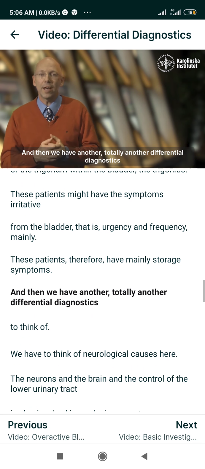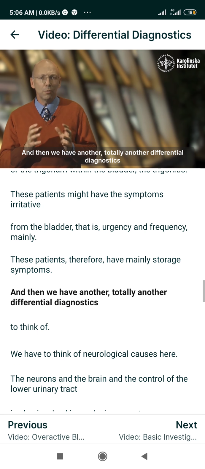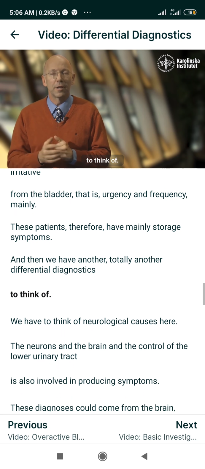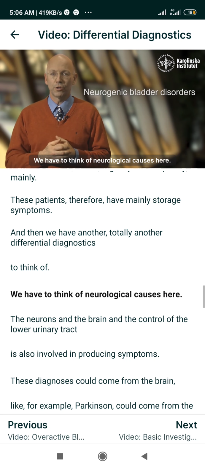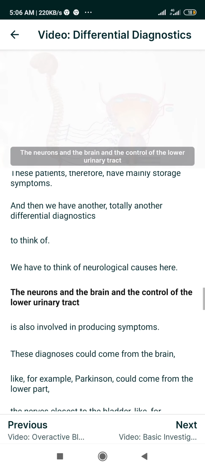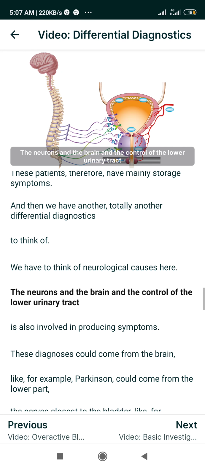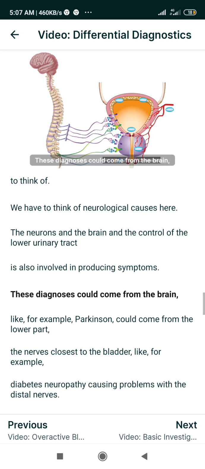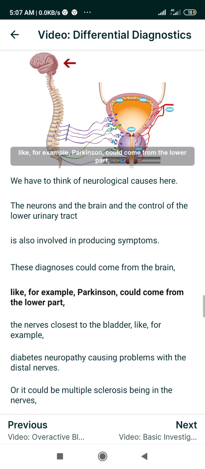And then we have totally other differential diagnoses to think of. We have to think of neurological causes here. The neurons and the brain and the control of the lower urinary tract are also involved in producing symptoms. These diagnoses could come from the brain, like for example Parkinson's,